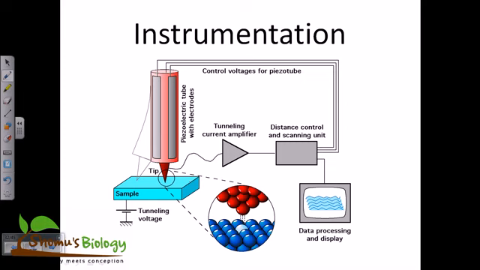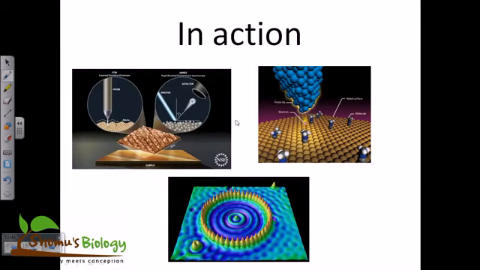For amplifying that signal coming out from the tip, we require this tunneling current amplifier, because it will amplify the current that is coming from the tunneling effect between the tip and the sample. And we have a control scanning unit which controls the scanning, how this tip will move from one place of the sample to another, and then finally we can record this data using a CPU or processing unit. Okay, and this is how the process works in action, as you can see from different angles, but the idea here is that you can construct these kinds of beautiful images of the surface.